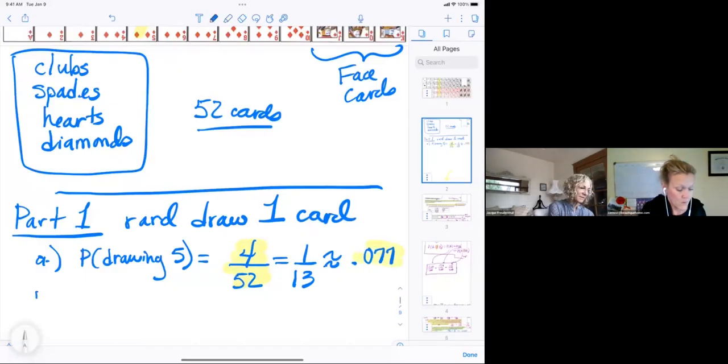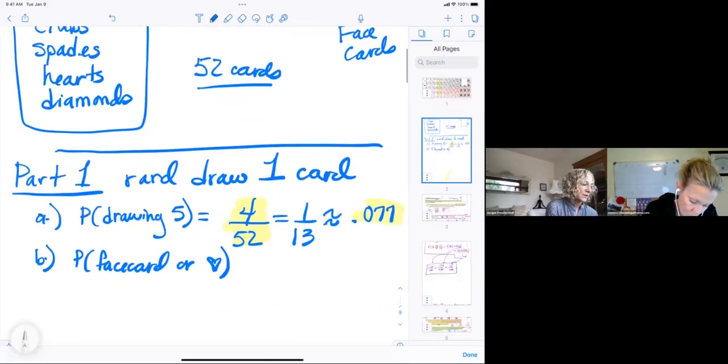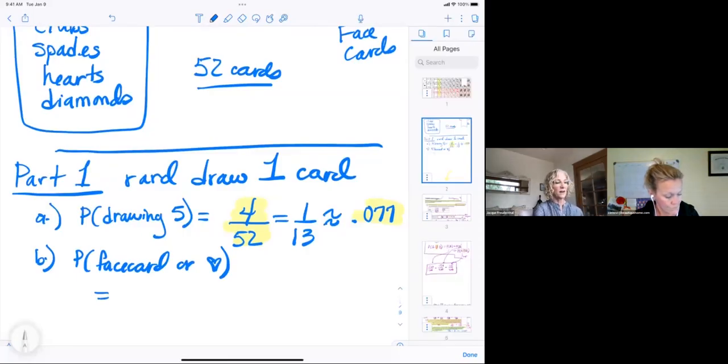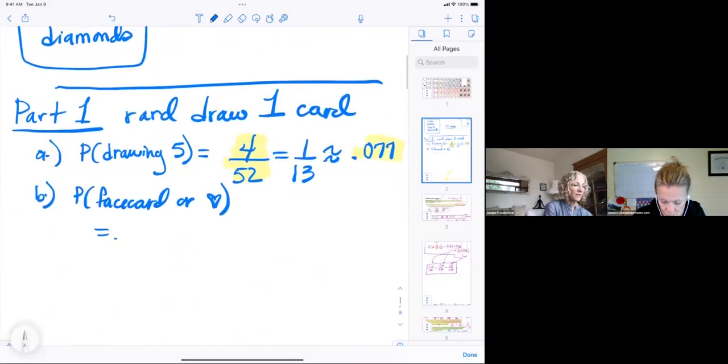Part B says, what is the probability of drawing a face card or a heart? Face card or a heart. So are these disjoint? Can you have a face card that is a heart? Yes, you can, so these are not disjoint. So the probability of drawing a face card out of the 52